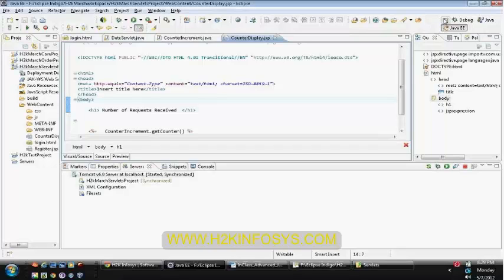But here the request and response are available at the generic level. If you want, you need to convert them to your actual HTTP request and response objects. Currently I want to retrieve some parameters, so I'm converting them by using typecasting, and in the same way the response object as well.